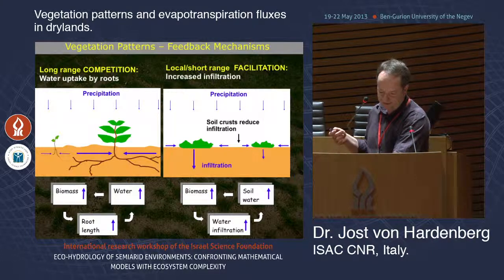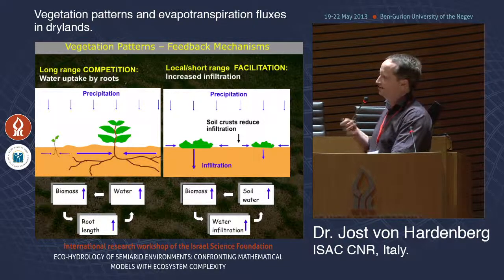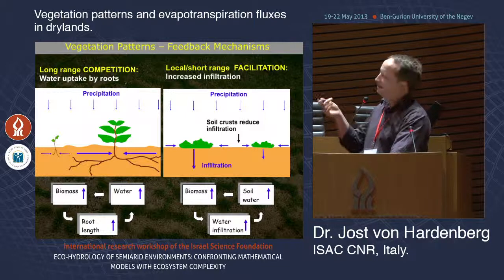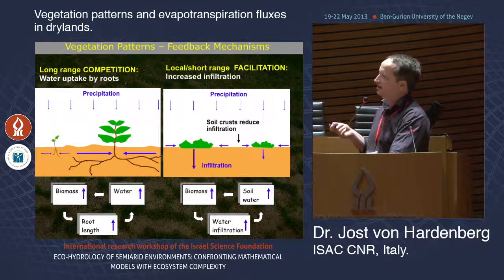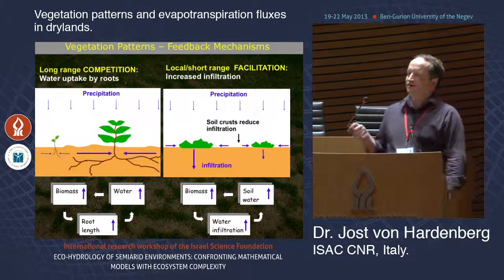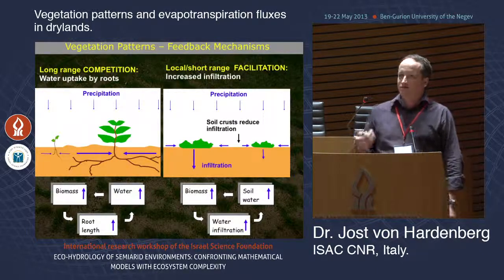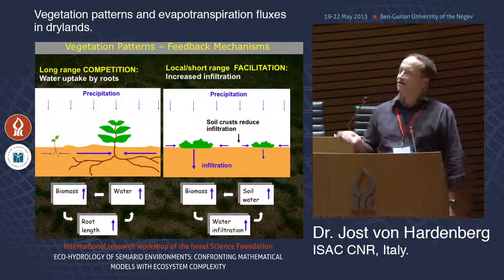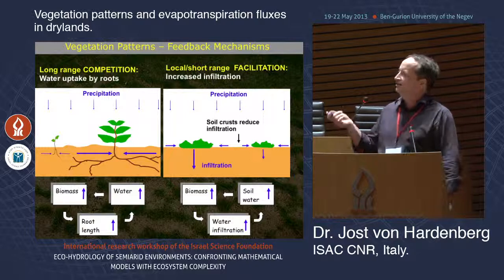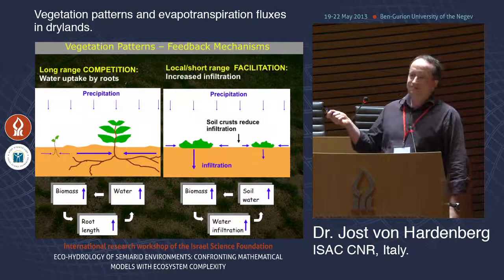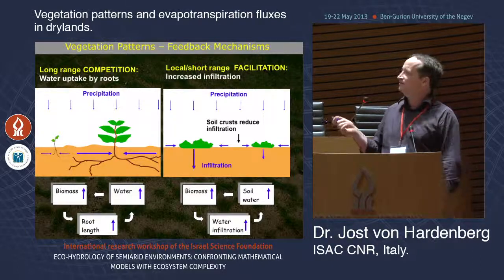We know, in addition, that it's not only the static pattern itself, of course, which has these characteristic scales, which are quite small compared to what we were mentioning in the first slide, but these scales directly derive from the local feedback processes which control the emergence of these patterns. I already mentioned two examples, but of course there are many more, such as the root feedback, and of course there you have the typical length scale, which is the length of the root system, the width of the root system.